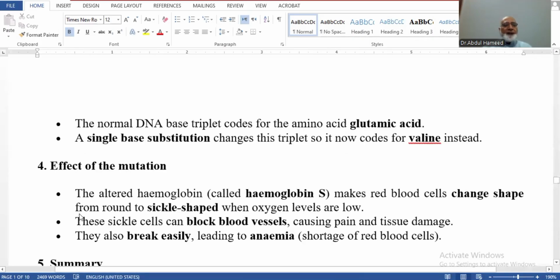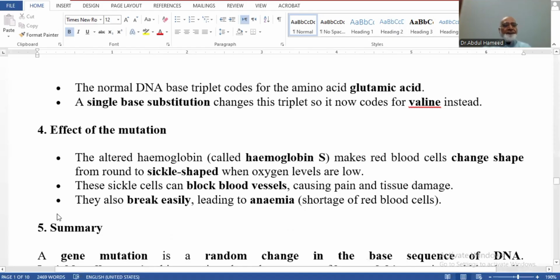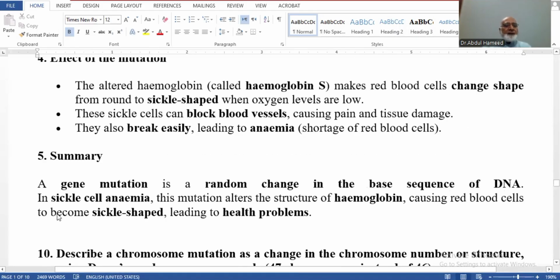So, the effect of mutation: the altered hemoglobin, called hemoglobin S, meaning sickle shape, makes red blood cells change shape from round to sickle shape when oxygen levels are low. These sickle cells can block blood vessels, causing pain in tissues. They also break easily, leading to anemia, a shortage of red blood cells, and the oxygen carrying capacity will be affected very much in quantity. Summary: a gene mutation is a random change in the base sequence of DNA. In sickle cell anemia, this mutation alters the structure of hemoglobin, causing red blood cells to become sickle shaped, leading